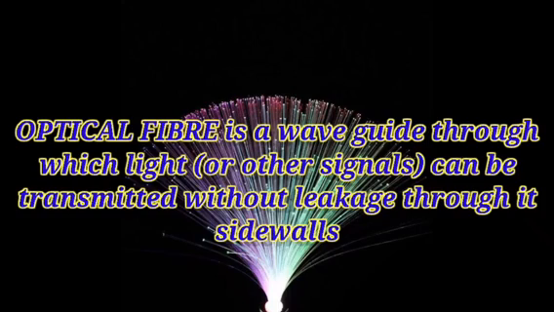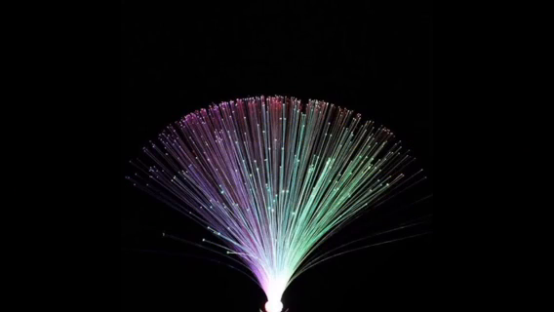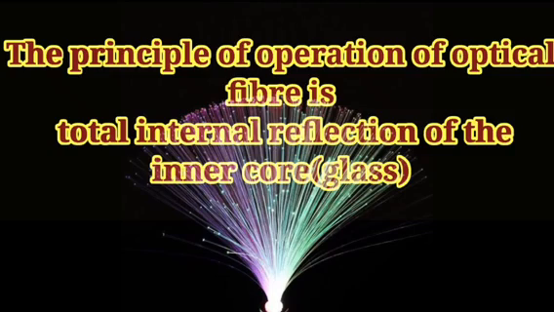Not just light, other signals such as other electromagnetic waves can travel through it without leaking away. And so this optical fiber depends on some physical property for its operation. Now, the main property that it depends on is total internal reflection. The inner core of the optical fiber has a diameter which is between 6 and 250 micrometer. Now, this inner core has a very small refractive index, and this is what allows for the total internal